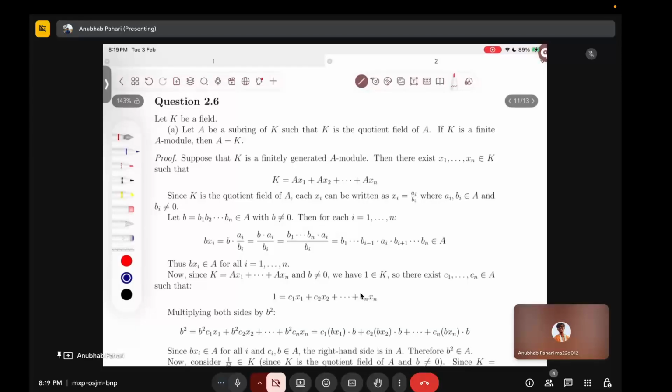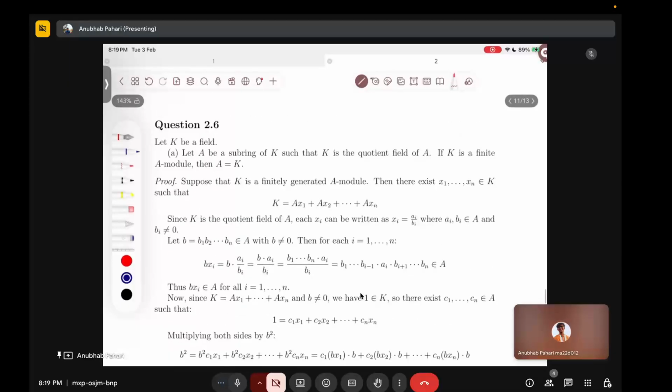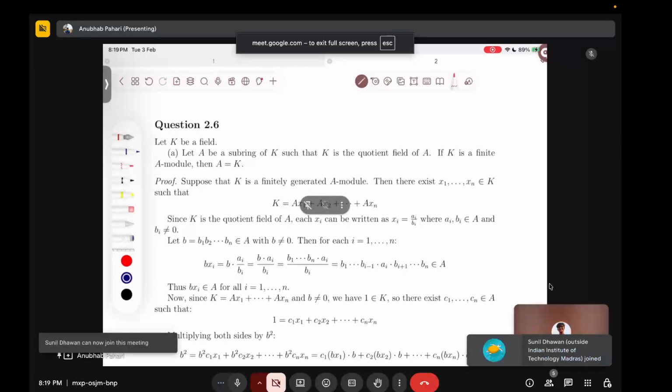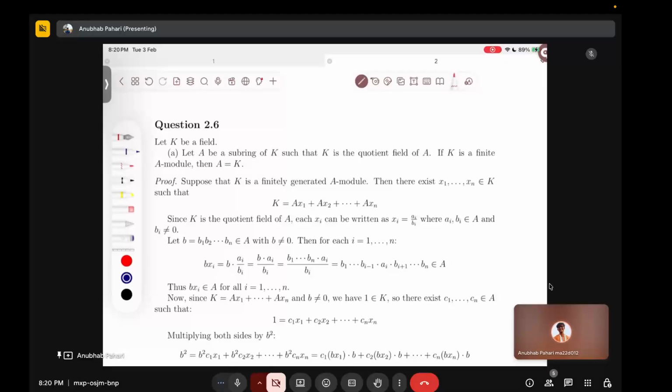Now we will look into some problems where your ring is a field. That means your quotient, your module becomes a vector space, right? So yeah, let K be a field, A be a subring of K, such that K is the quotient field of A, and if K is a finite A module,